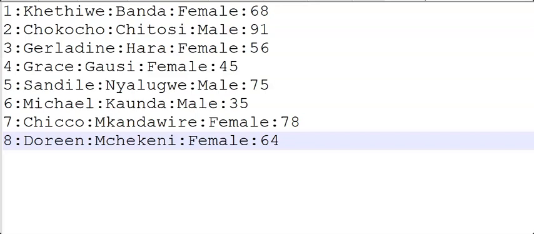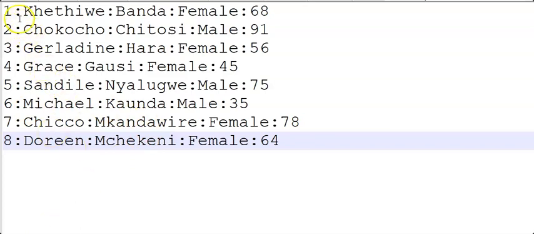Continuing with how we can use the getline function to process a string using delimiters other than the \n or the new line. We are going to demonstrate how we can process the file. So here we have our file, and